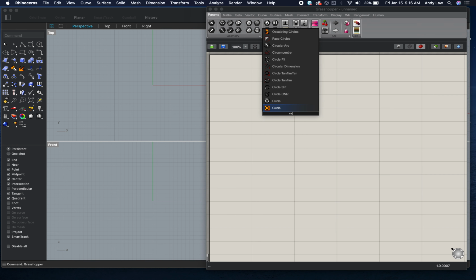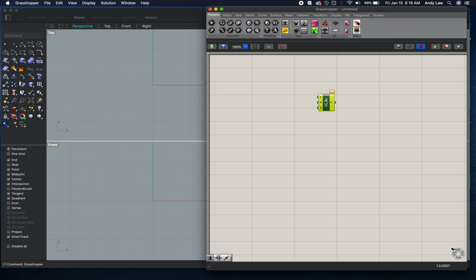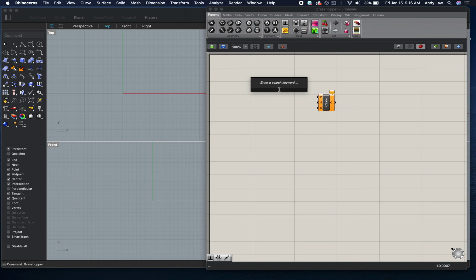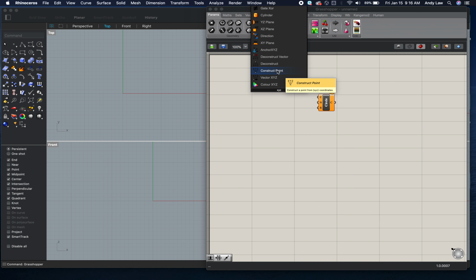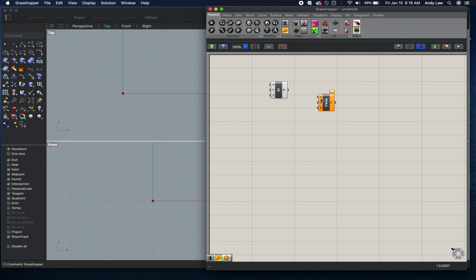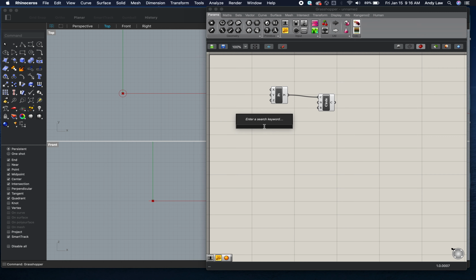I'm just going to start with a thing that can build a circle, and there's nothing there. And I type XYZ, which will construct a point because it's waiting for a point. And I connect the point to the circle, and you can see on the screen, in the Rhino window, I've got a circle. So I just need to give this a size, and I'm going to create a slider